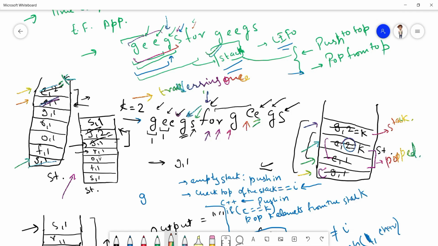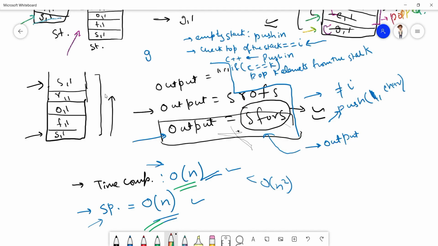the stack became this. Now we came over to G and the top of the stack was G, so we increased the counter and the counter became equal to k. So now we popped the k elements from here and the final stack became this. Now we pushed all the values of the stack to the output array and we reversed it to get our answer, right? I think this is clear to all of you.